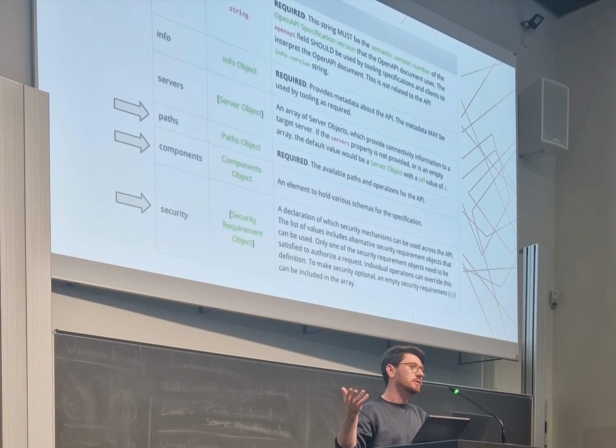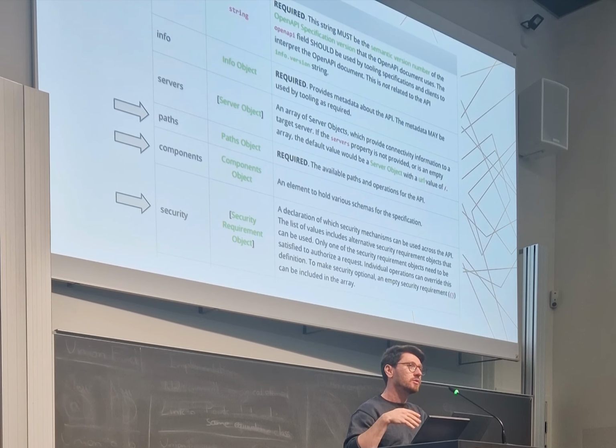or host users and so on and so forth. So this is where those things about the API are defined. Then we have the components, which describe the schema of the objects being used by the API. For example, if you have an object, let's say user, it is described as having a username, a password, an email. So you can find all details about the objects being used by the API inside the components part